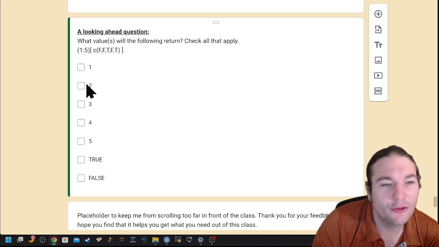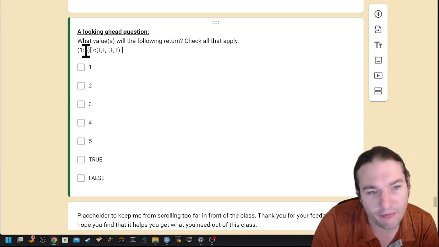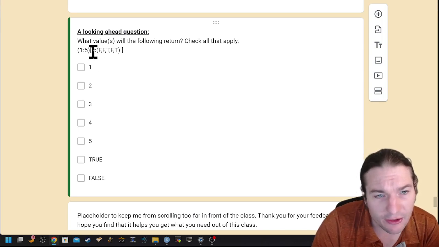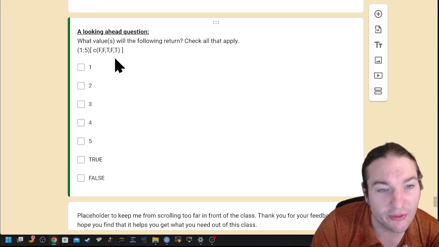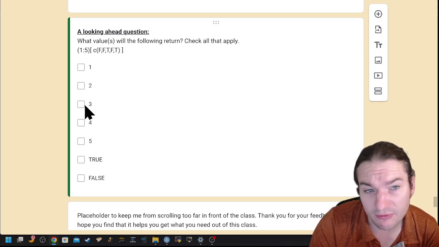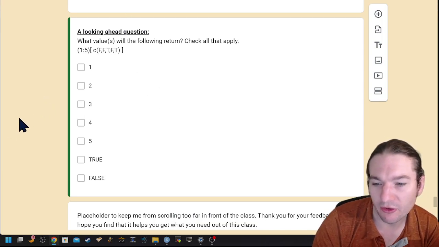I believe this is the last one. On the left side, we have the values 1 through 5. And then the extraction is true at the third and the fifth position. So that should just be 3 and 5. That was pretty straightforward, actually. I should probably scroll that one up. It's a little bit easier than the rest.